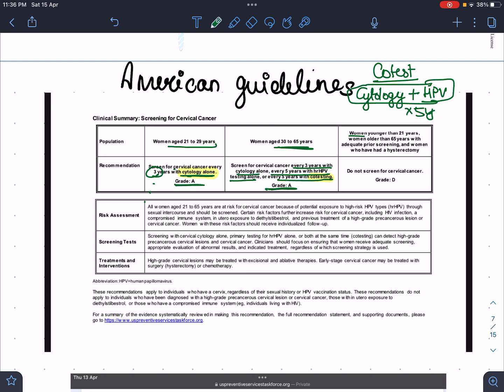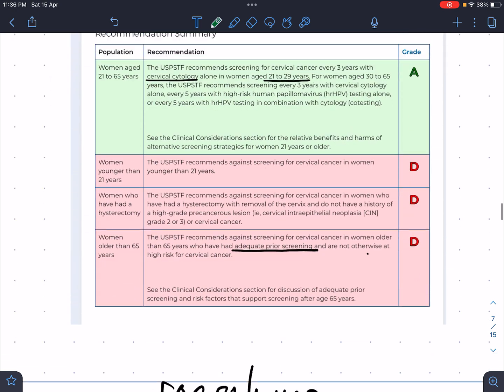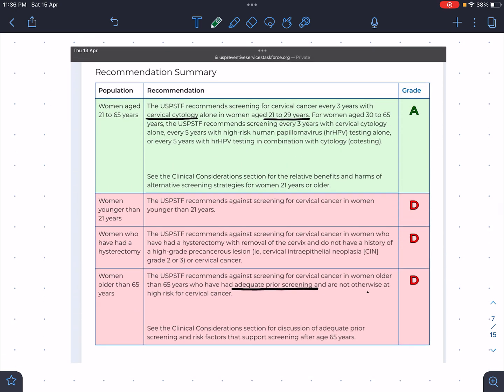And women younger than 21 years and older than 65 years, do not screen for cervical cancer, grade D. That means it is definitely not recommended to screen women less than 21 years and older than 65 years. So I hope you guys understood this. This is the same thing again. Now older than 65 years,